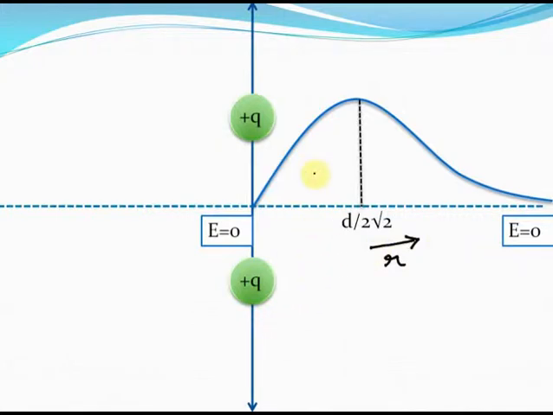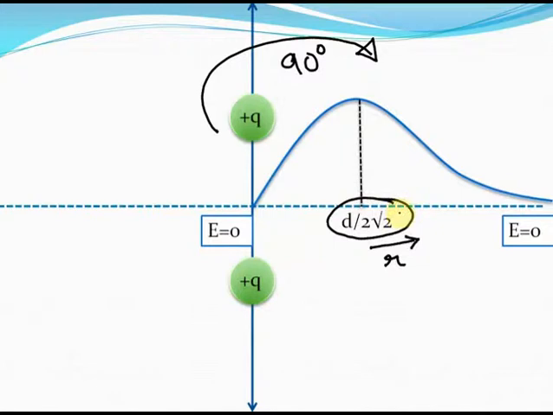That is the reason why you can see that these two charges are placed one above the other and not one left of the other or one right of the other. So basically we've turned the graph like this by an angle 90 degrees to make it easier to depict the variation of electric field with the variation of r. As you can see, at a perpendicular distance d by 2 root 2 from this two charge system, the electric field is maximum. It is 0 at the origin and it is 0 at infinity.